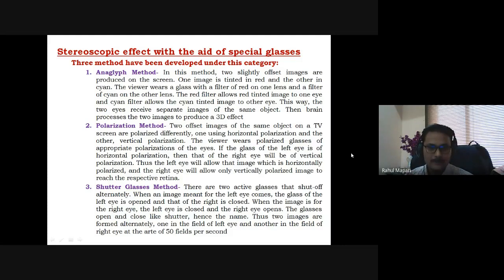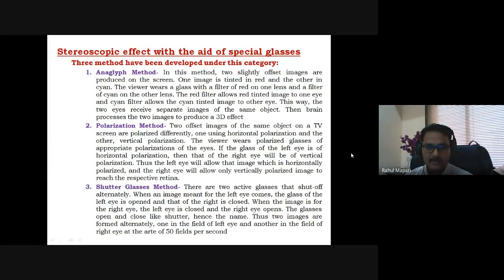So here two offset images of the same object, meaning two images are generated of the same object. One is horizontally polarized and the second is vertically polarized. The viewer wears polarized glasses of appropriate polarization for the eyes.